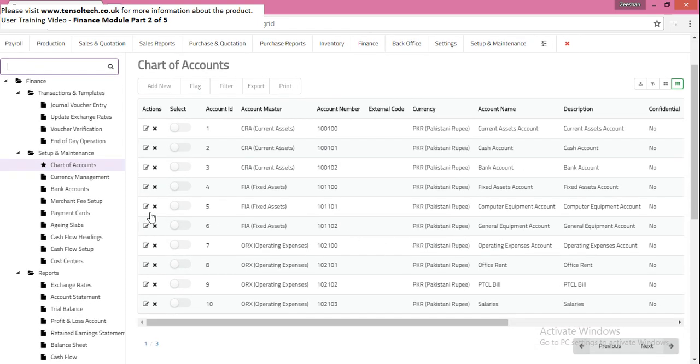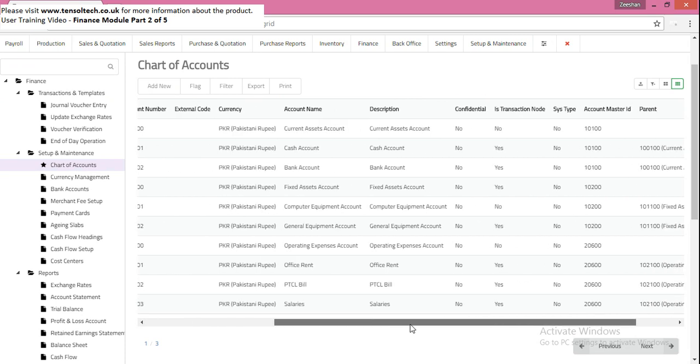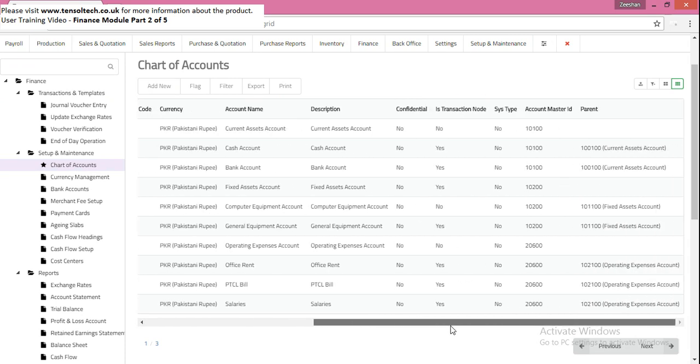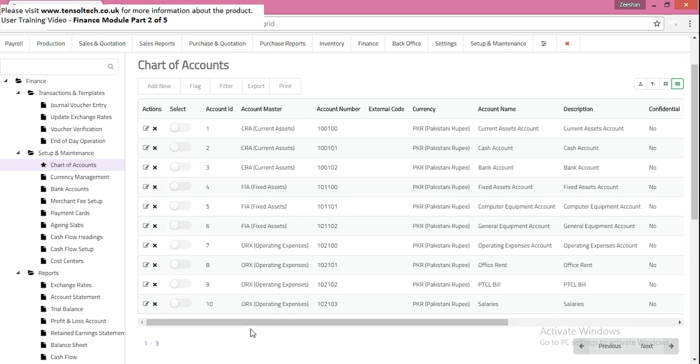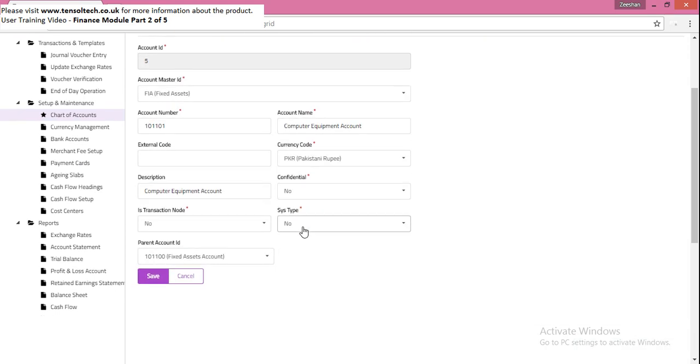And this computer equipment account is not showing because this is set as transaction node no. So it should be set as yes. So this is my mistake while configuring this chart of account. So I need to go back into the setting, and you can select the transaction node as yes, and then